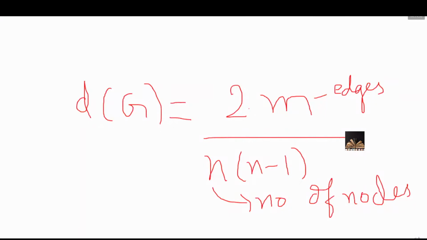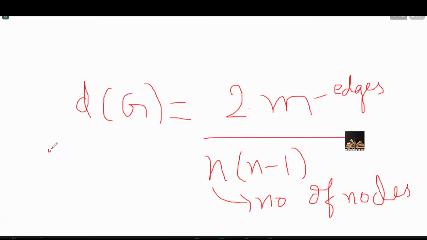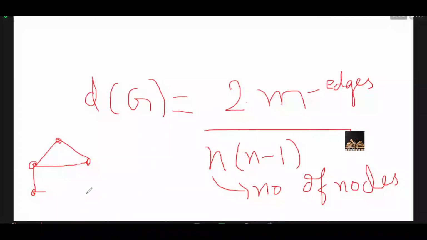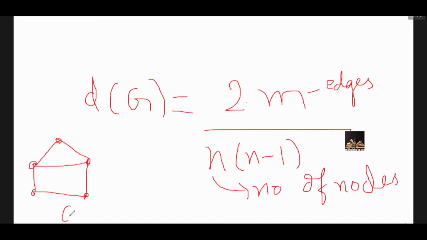Okay, you want the example for the complement of a graph. Okay, wait. Few people are asking about examples, so give me some time. So see here, I am drawing the original graph for which you need to find the complement. So this is my graph G for which you need to find the complement, G complement.